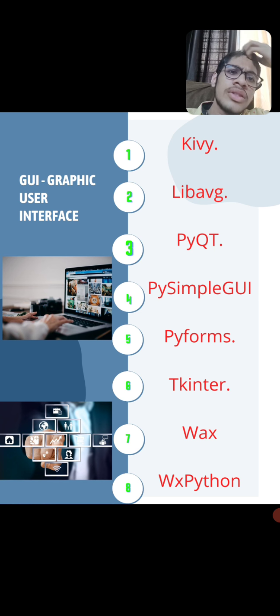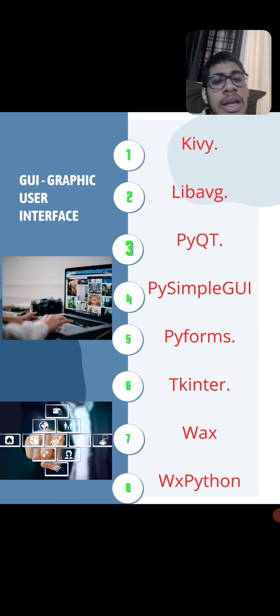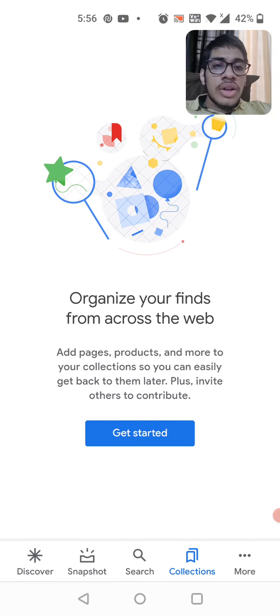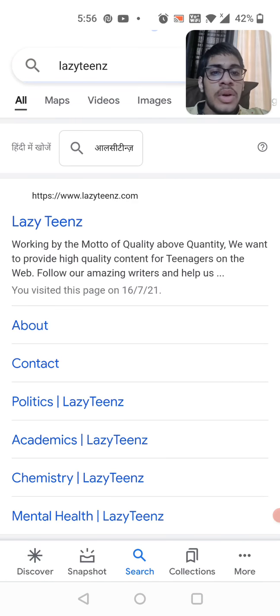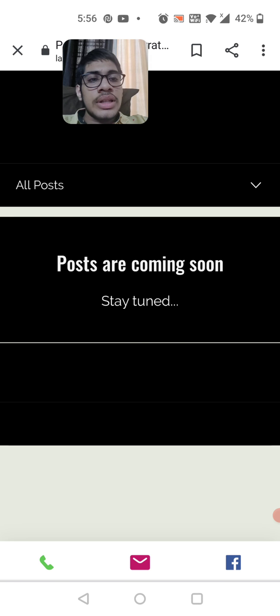It's an interface through which you can interact with an electronic device, app, or any website. For example, I have a website in my head. Its name is lazyteens.com. I go on Lazy Teens and I open this menu bar.